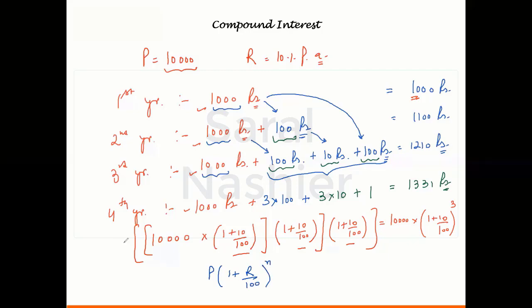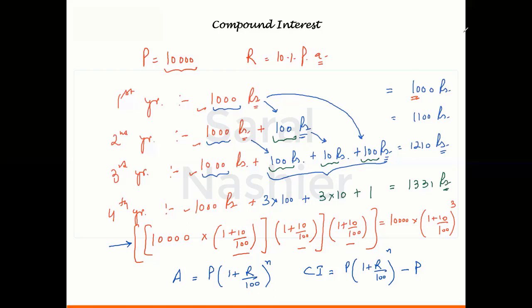But keep this in mind, this formula tells you how much the money would become. That means this is the formula for amount. But for the formula of interest, we need to subtract the principal from this. So P into 1 plus R by 100 raised to the power n minus P has to be done to calculate the compound interest. I hope this is clear to all of you.